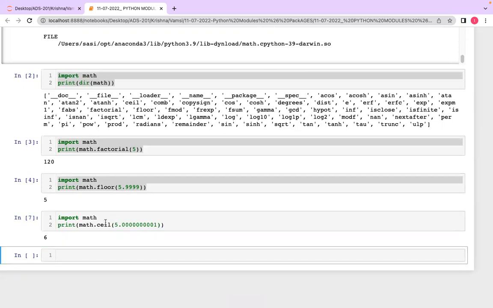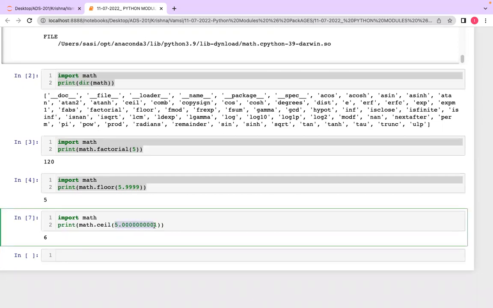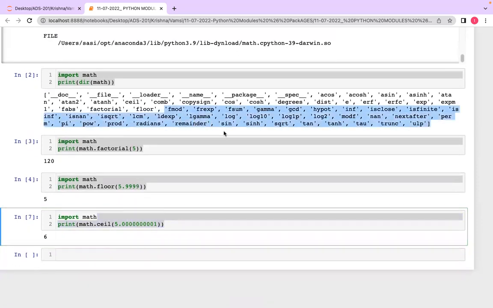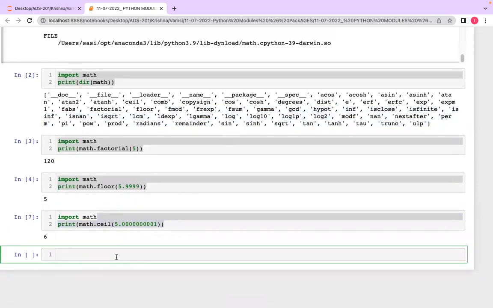Okay, say it is making a number, it could be greater than this particular number, and it could be the smallest number. Okay, it could be greater than this one, and that too it's an integer. So this is the way. Here we have a lot of functionalities, so we can use them.